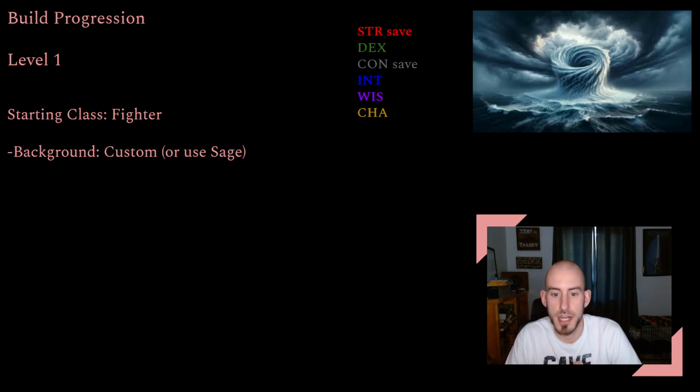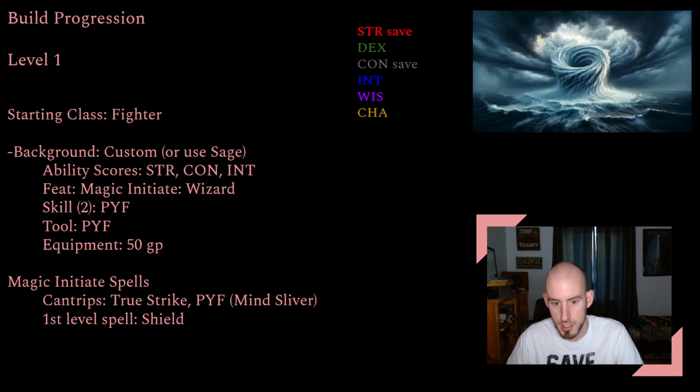For our background, I'm going to just make a custom background per the rules in the Dungeon Master's Guide, but honestly, you can use the sage background. It actually does match all the ability scores that this character wants. Specifically, you need 1 of strength or constitution and then wisdom. And sage gives you constitution, intelligence, and wisdom, so it'll work perfectly fine. Doesn't really matter what